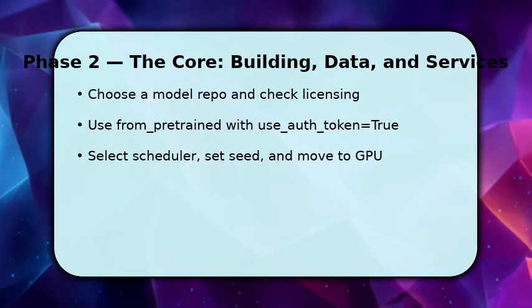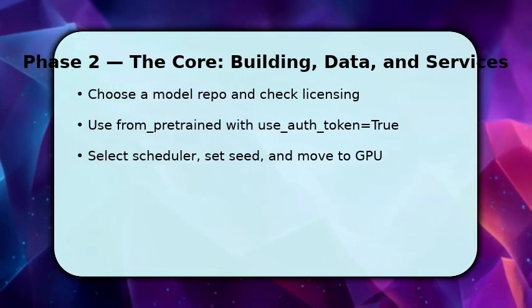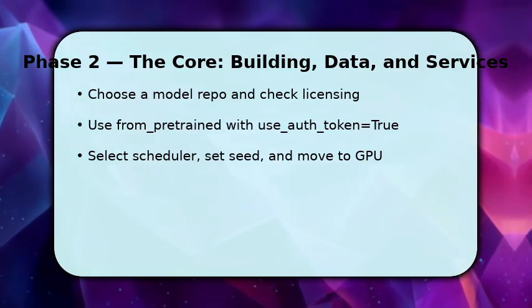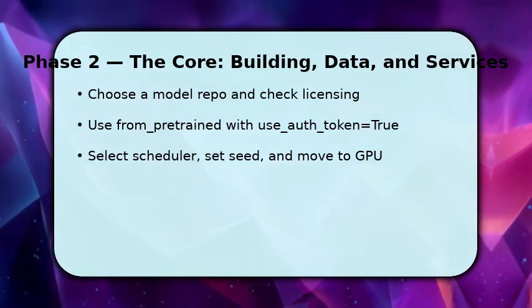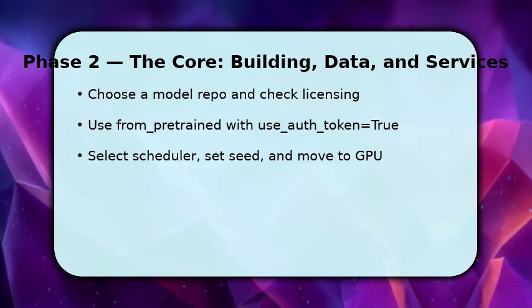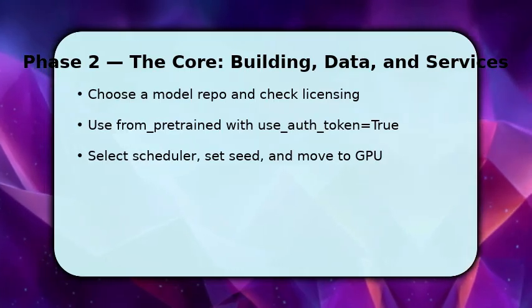You now load the model. Pick a Huggingface image generation checkpoint that fits your license and task, then call from_pretrained with your token to fetch weights. Make sure to choose an appropriate scheduler, DDIM, PNDM, or LMS, because sampling behavior changes image quality and